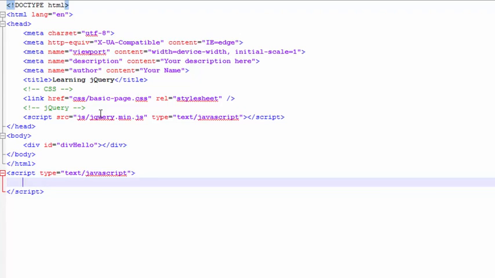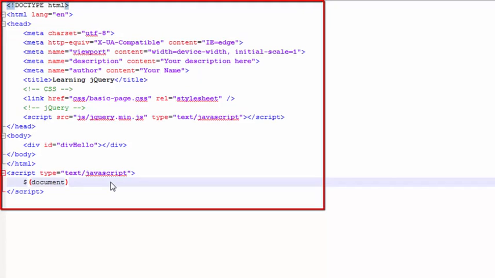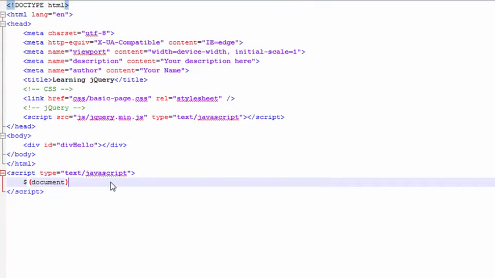Okay, so we'll use the $ sign to reference jQuery. By default, that is the variable that is assigned to the jQuery library object. So to start using it, we'll call the $ sign, and we'll put the JavaScript document object in here. What that does is pass the document, which refers to this entire page and everything on it, to jQuery. And that will allow us to use jQuery functions on that document and extending from that document